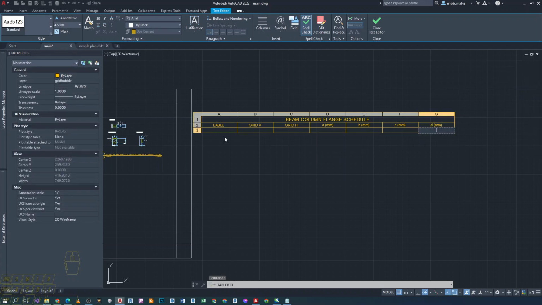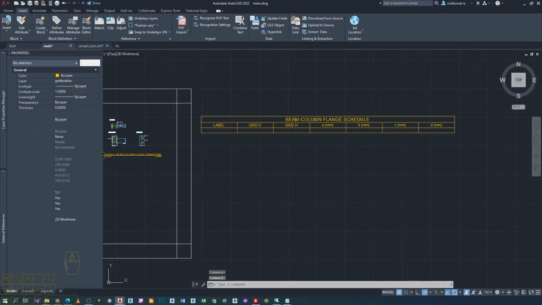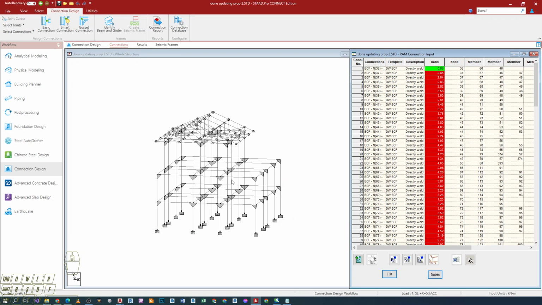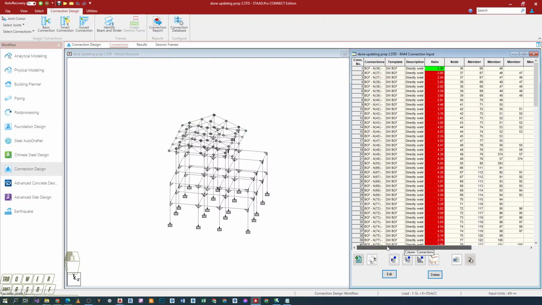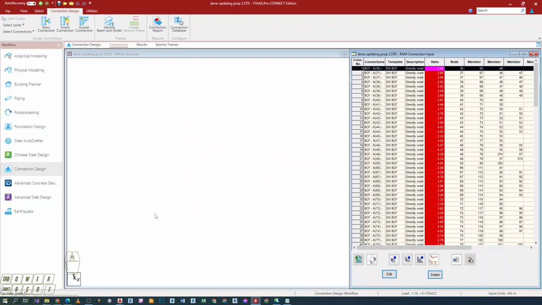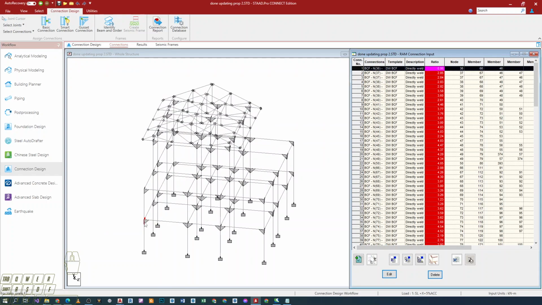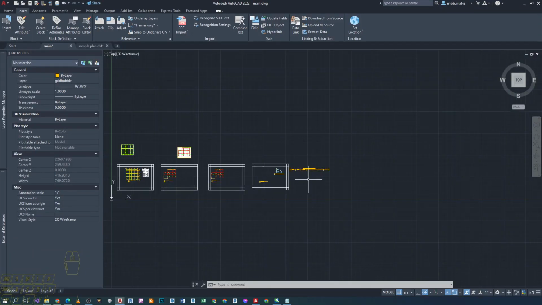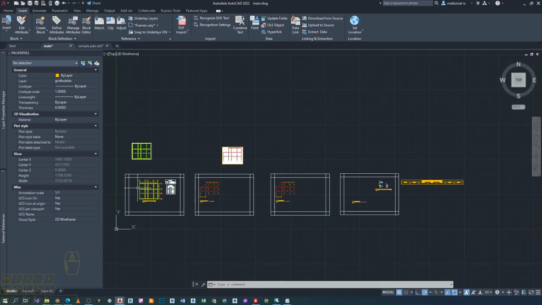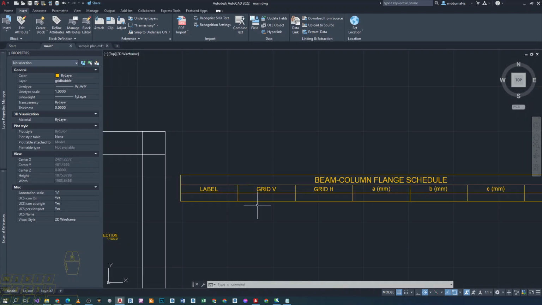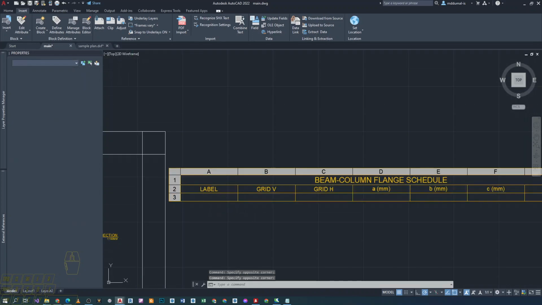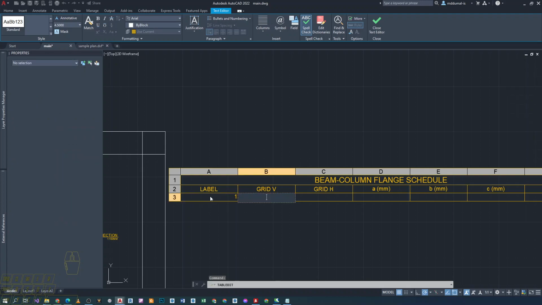So yung first connection natin is bang connection yun? Okay, so etong connection na to dun sa plan, ano bang grid yan? A4. So label 1, grid 1,